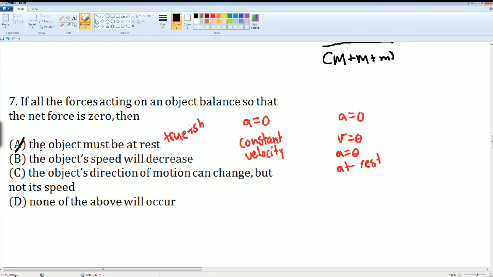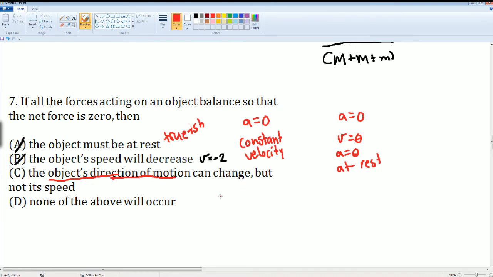Next, the object's speed will decrease. This is when v decreases to like negative 2. Sure, there's constant velocity, but it's not always true. It can be the other way around. The object's direction of motion can change, but not its speed. If you ever have the direction of the object change,